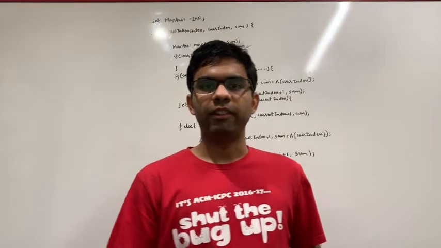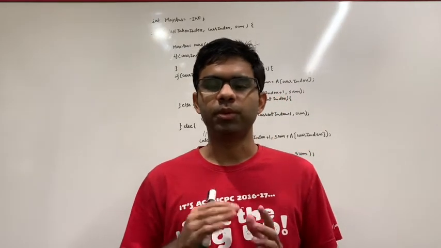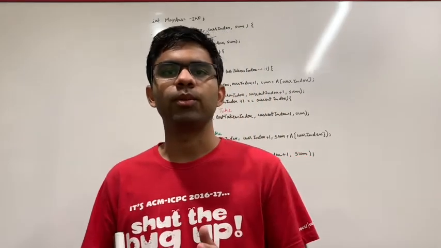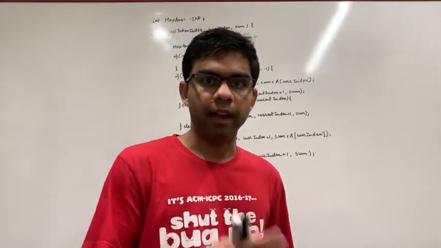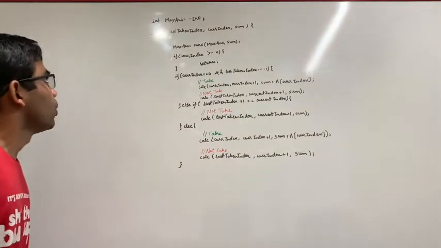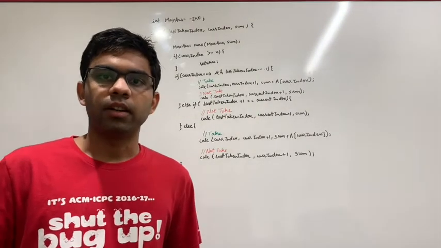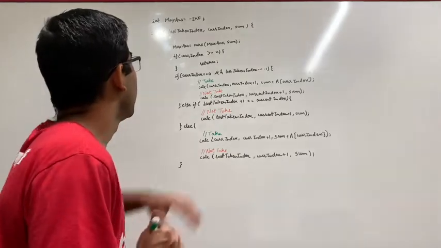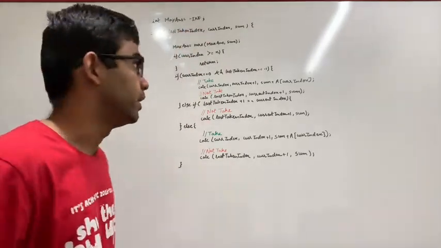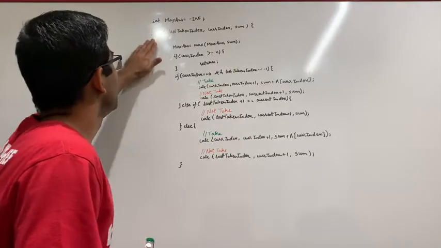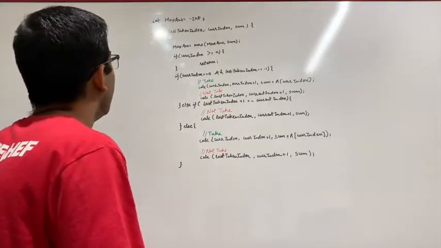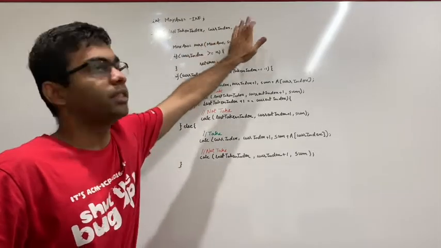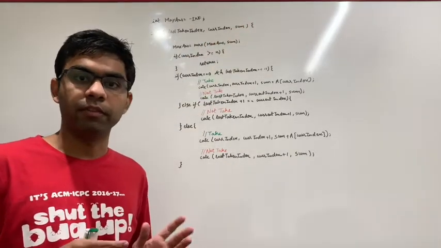So I hope you have given your best to code out the brute force solution for this problem, and I have also written a brute force solution, and let's try to understand how I have implemented it. So I have initialized a variable which is max answer, which will store our final answer, and I have initialized it to -infinity. So my solution, I named it as calc, and I have passed 3 parameters to it, that is last taken index, my current index, and sum, as discussed before in the decision tree.